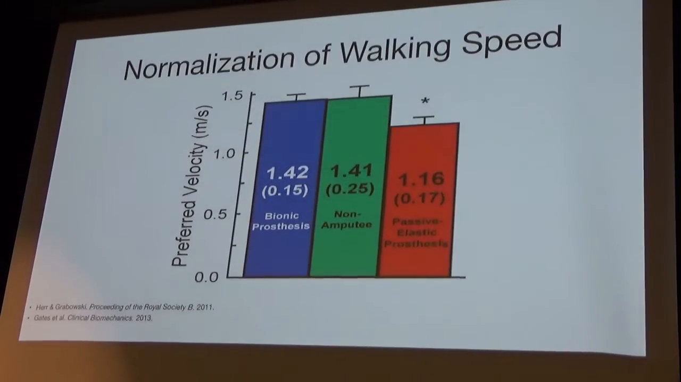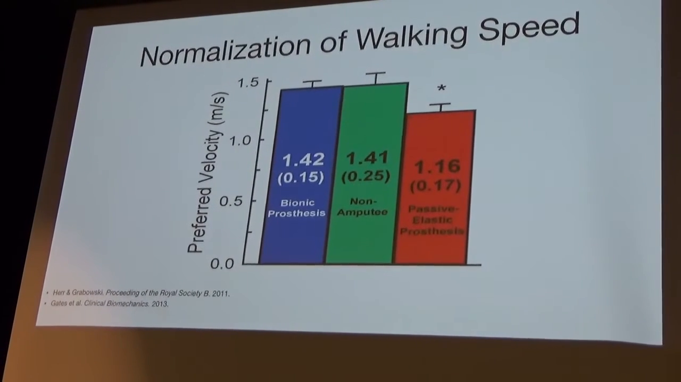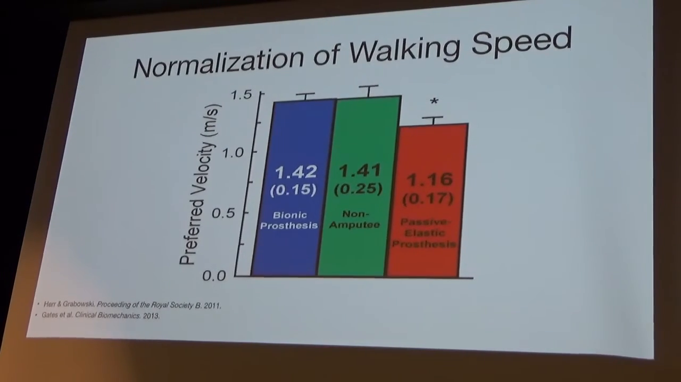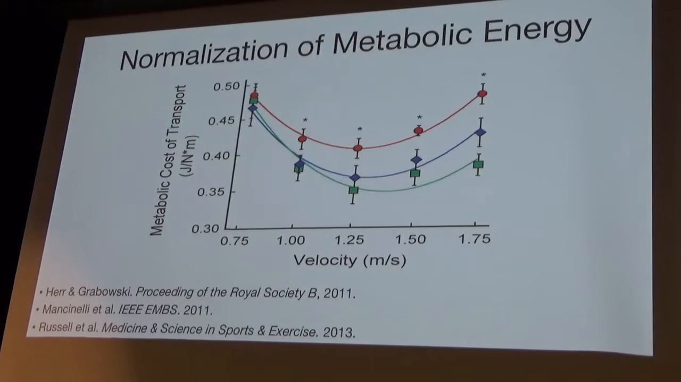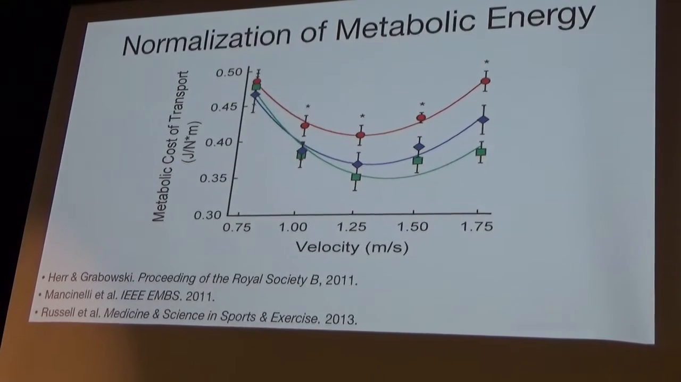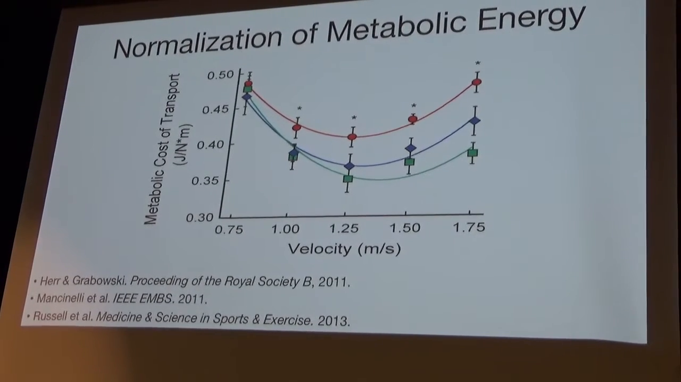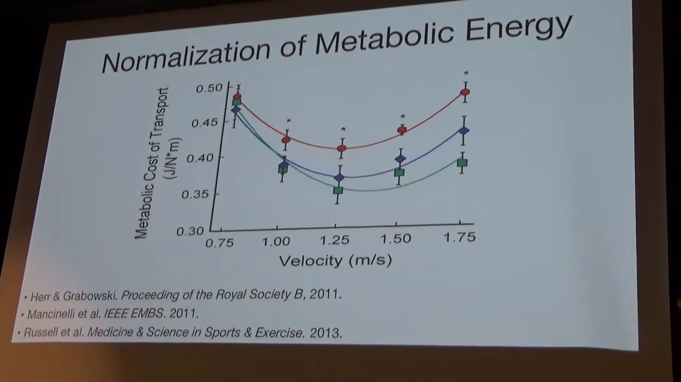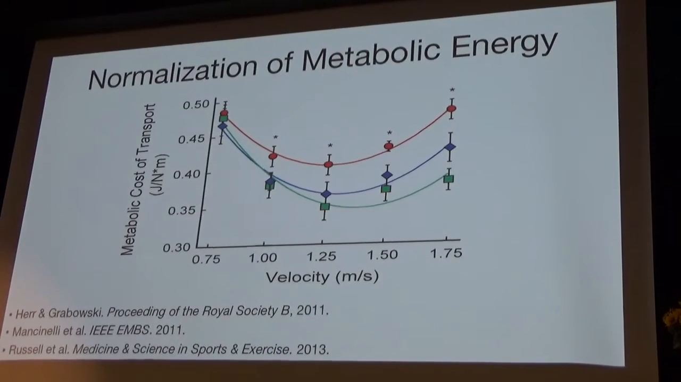These normalized mechanics result in normalized preferred walking speed compared to persons with biological limbs, as well as normalized metabolic cost of transport. So this is a walking velocity versus metabolic cost of transport that I defined earlier. The blue data are a person with a bionic limb. The red are the same persons with transtibial amputation wearing high-profile carbon devices, and the green is an age-, weight-, height-matched